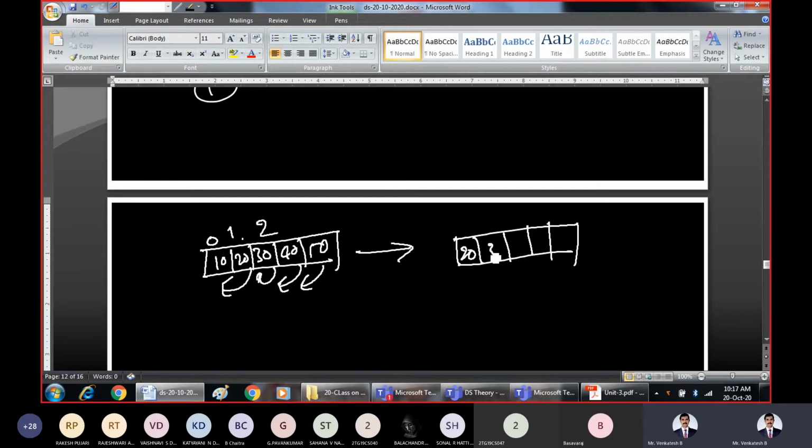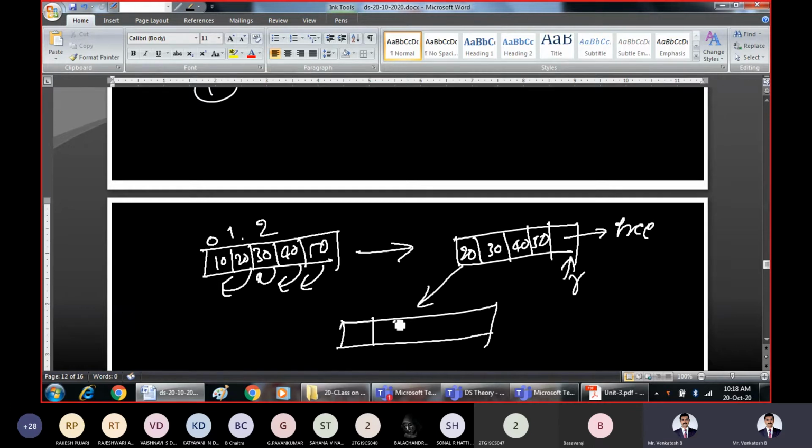That means 20 will come here, then 30, 40 and 50, leaving this one as the free location, which is where the rear is pointing. So we can make use of this space. If you want to delete 20, after deleting 20, you keep 30 here, 40 here and 50 here.